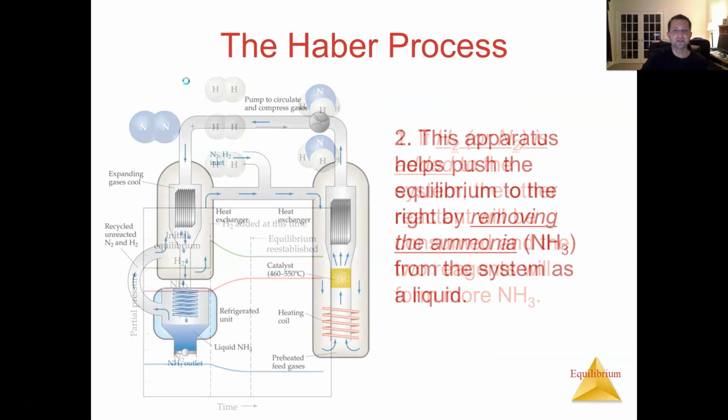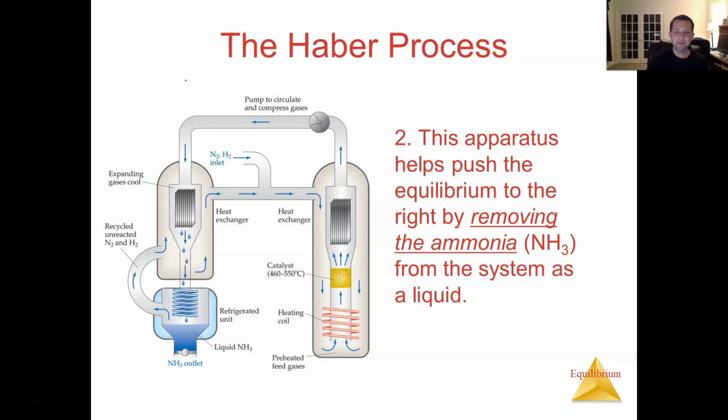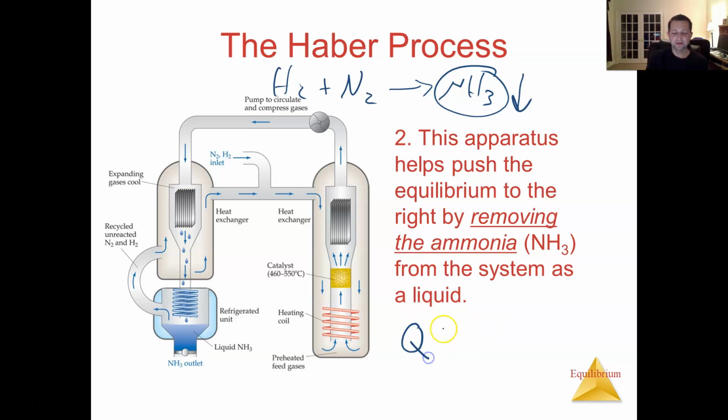Add hydrogen or nitrogen. Another thing you can do is when you make the ammonia, take it out of the system. All right, because the ammonia is a product. Right, you had your hydrogen and nitrogen as your reactants. If you take your ammonia out and you decrease the amount of it you have, that's actually going to take your Q value, which is products over reactants. If you take your ammonia out, that's your product. If you take it out, then your Q value becomes less than K again, right? Which makes us shift to the product side. So as you take more ammonia out, you're going to make more ammonia. Take it out, make more. So that's something else you could